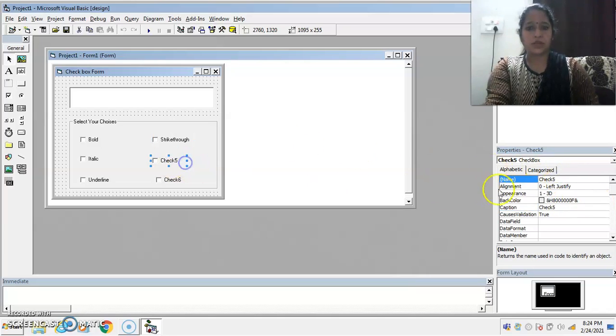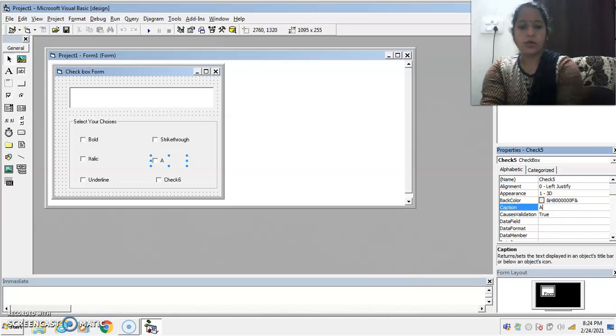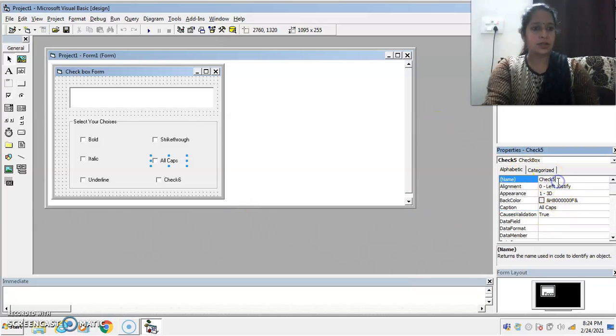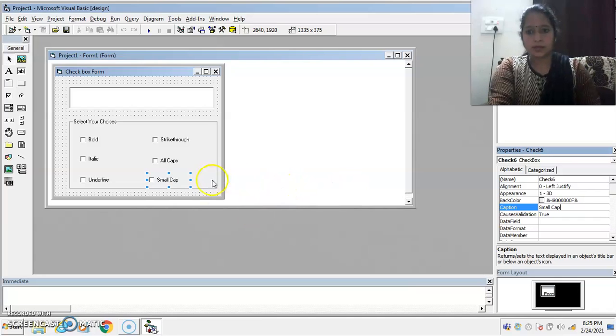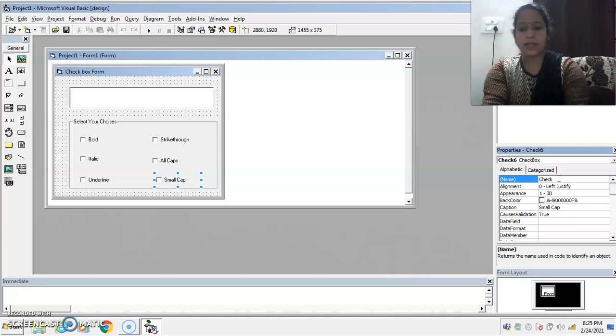Now change the caption of checkbox 5 to all caps and also change its name to check all C. And now change the caption of the last checkbox button to small caps, means change the text to the small case here, and also change its name to S cap.